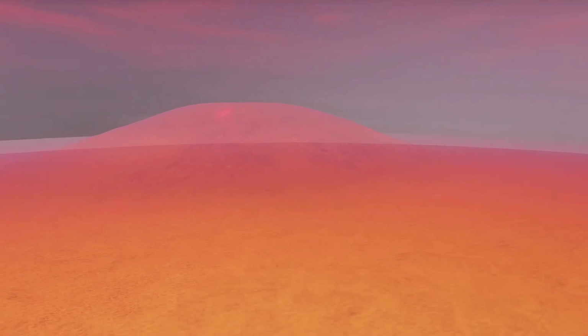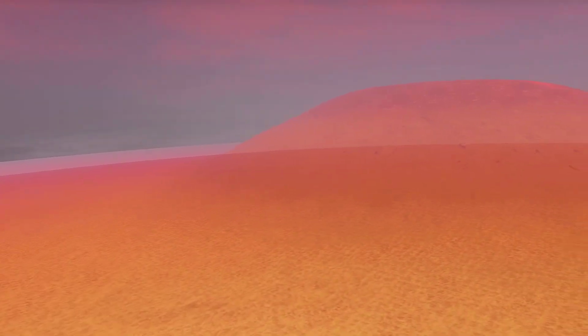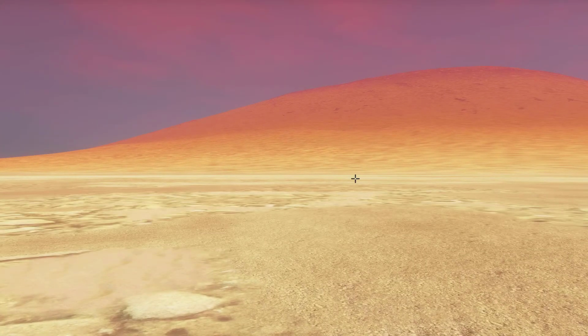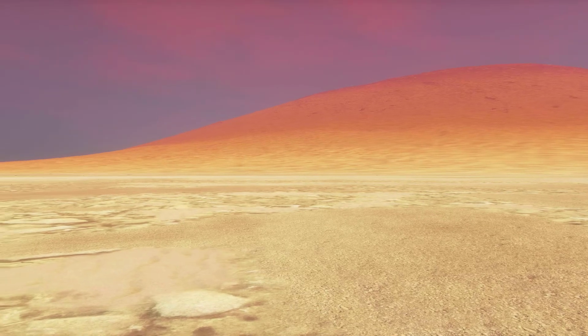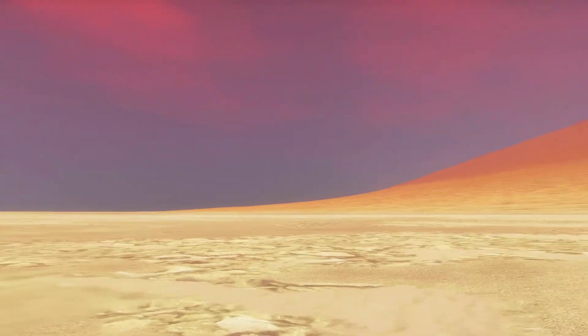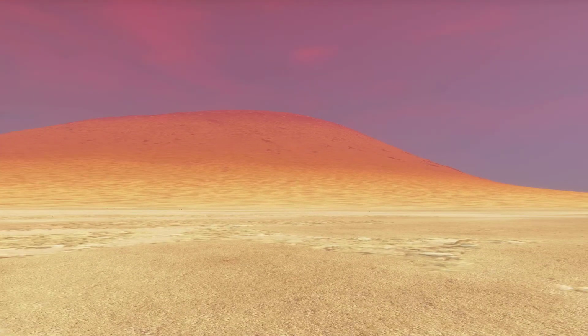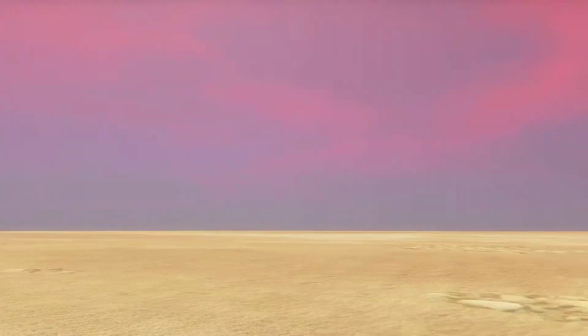Okay, I see a mountain, so you know what we're gonna do? We're gonna land on the planet right next to it. Wow, so many thick layers of atmosphere. This is amazing. Okay, here we go. I'll give it a second to load the level of detail on the surface. Wow, what a beautiful sky. That's really nice.